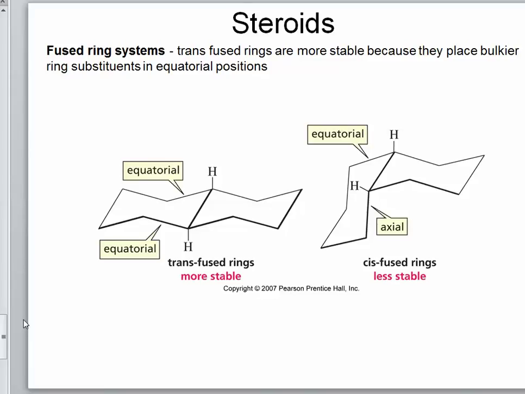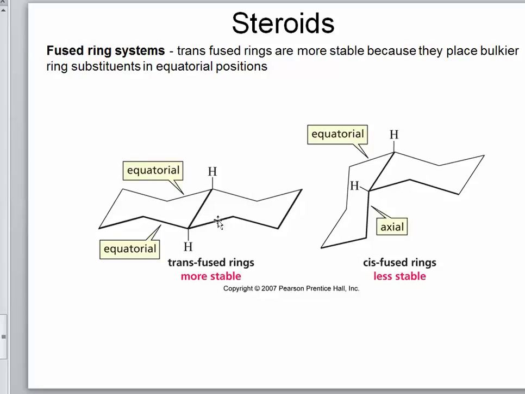Now here's the difference between the cis and the trans. So this is what we have for all of the steroids. This is what we do not see. So this one is an axial bond. It points straight down. This one's equatorial. This one goes down and to the left. And because this one points down and that one points slightly down, this is what we call the cis formation, right? So this is a cis-fused ring.